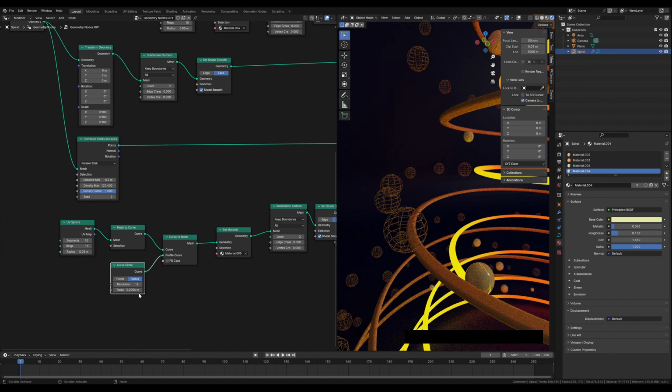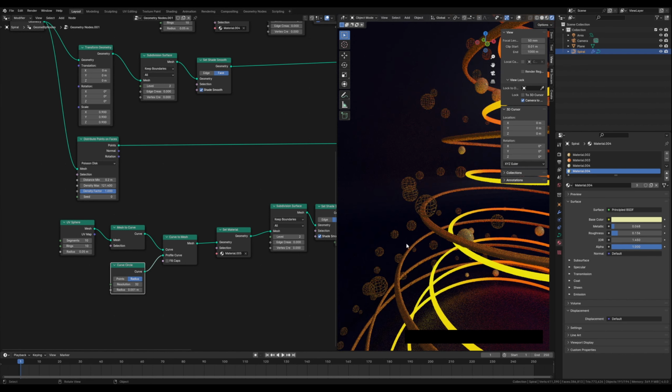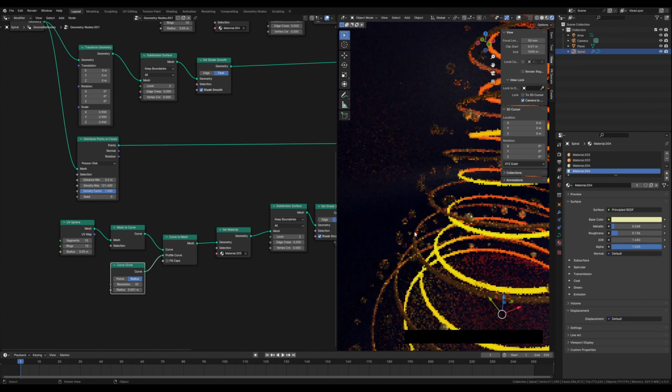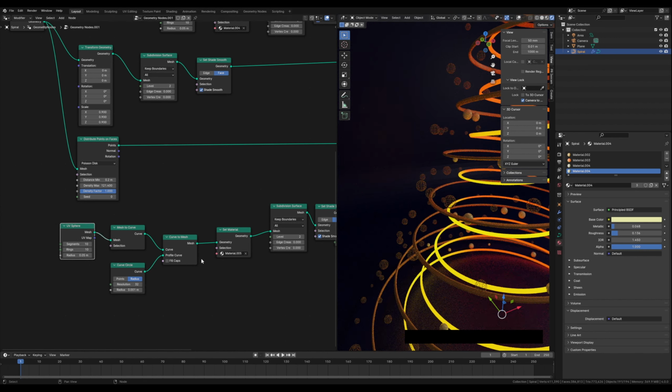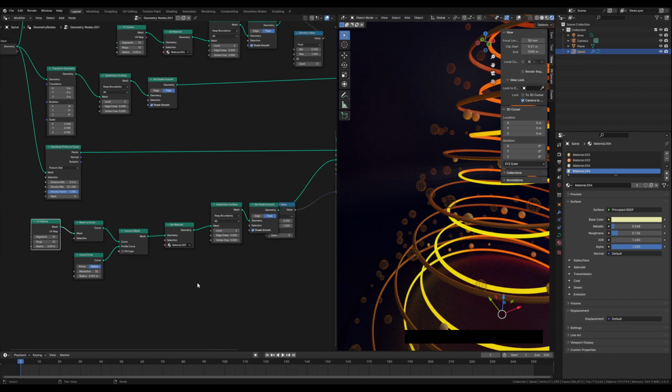Okay, maybe let's check 0.1. Okay, and maybe resolution to 32. Okay, so we have modified the UV sphere, and the modified UV sphere,